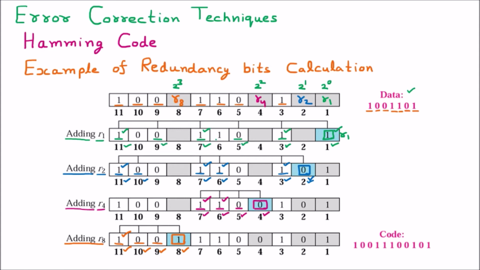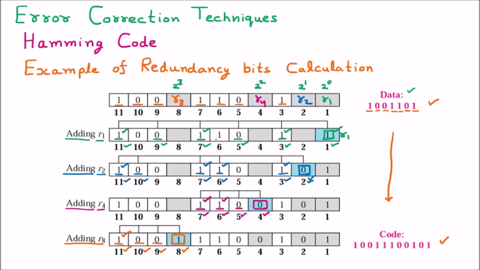Now this was the data earlier. After adding whole bits, now we are having the modified data. So this is the data, or we can say the code which is available. Now this code will be sent to the receiver. So this was the original data and this is the code. So this code is converted from data. So data is converted to the code with the help of the Hamming code. Now this code will be sent.